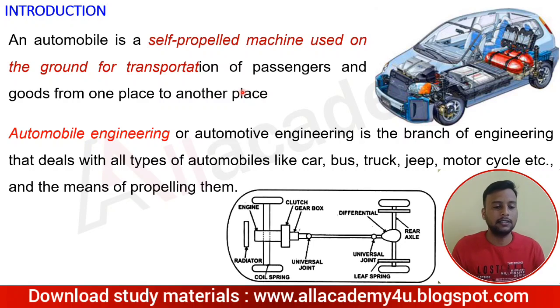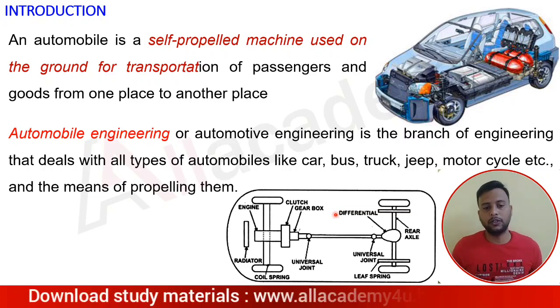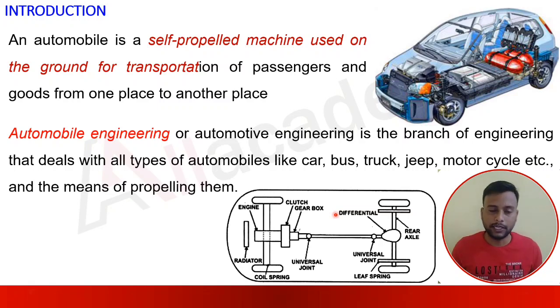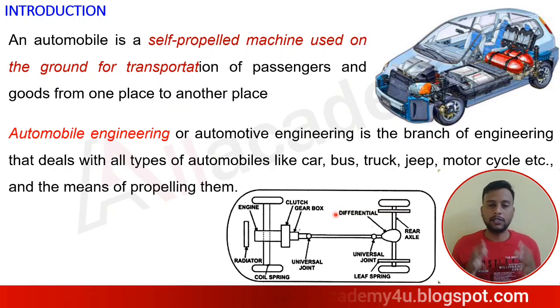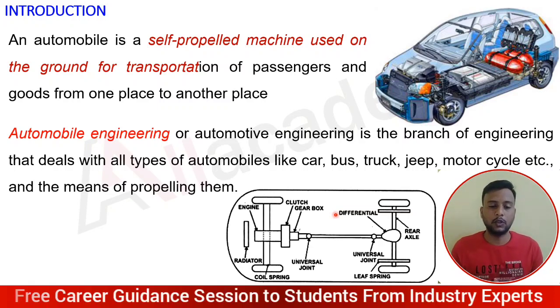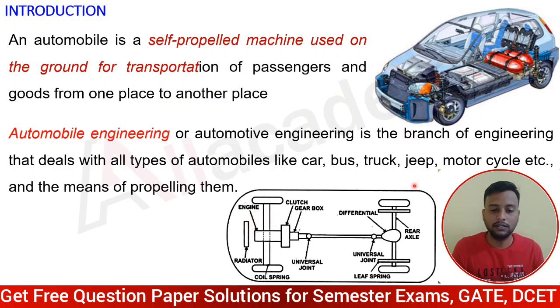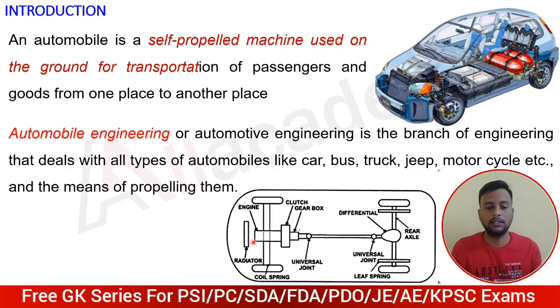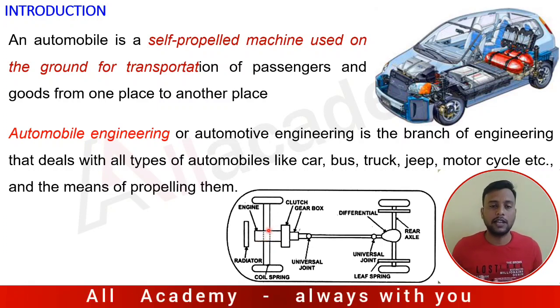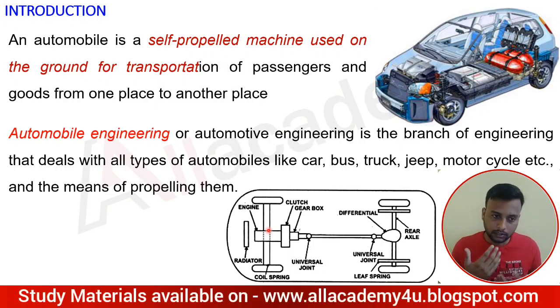Now moving to the next, a simple layout of an automobile. For any automobile, there is a minimum set of components that has to be there, but based on design requirements and applications, automobile designs differ. Generally, the basic things that must be included in any automobile are, first and very important, the frame, or chassis, as we call it. Then the engine should be there, because it supplies the power to the wheels and helps to move the vehicle. The engine is the heart of a vehicle, because it supplies the energy to the wheels.